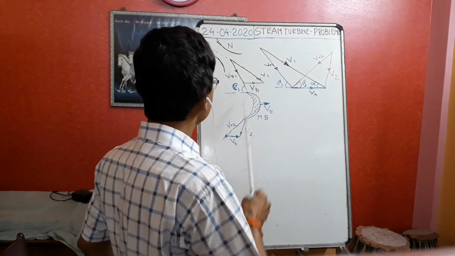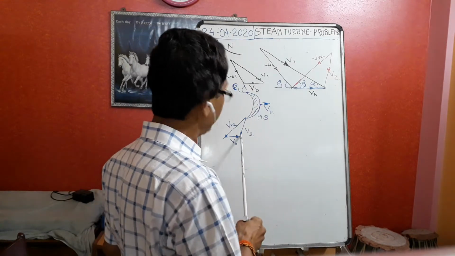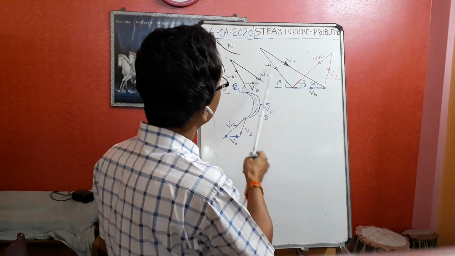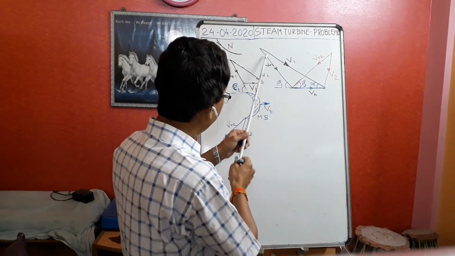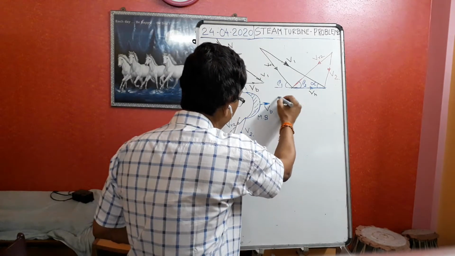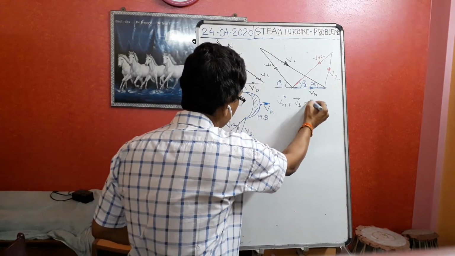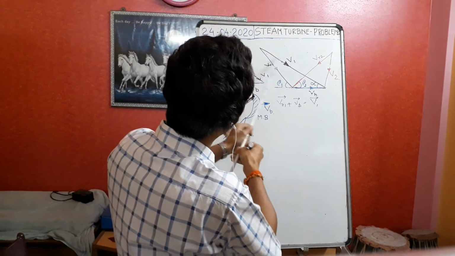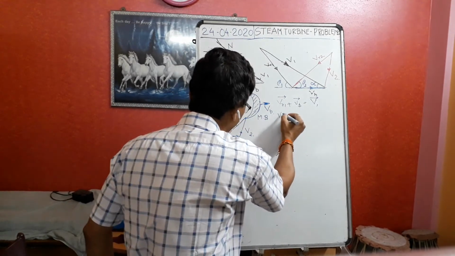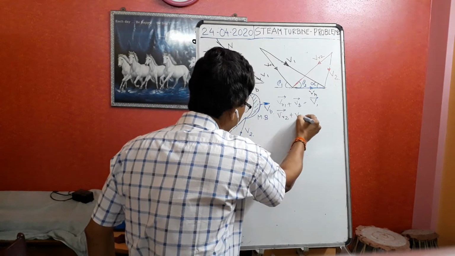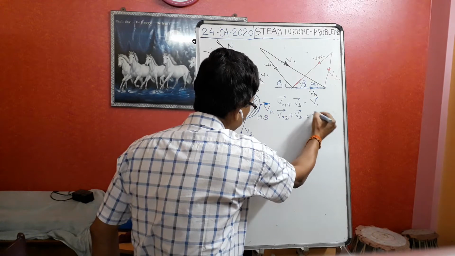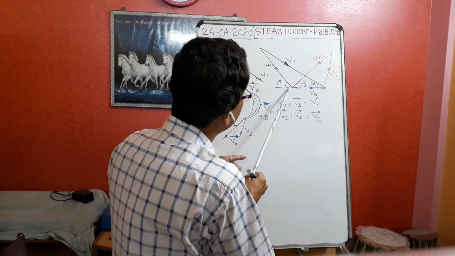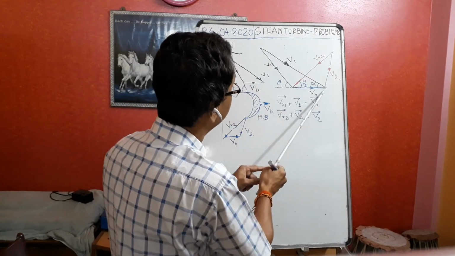Now if we couple both, this is the inlet velocity triangle and this is the outlet velocity triangle. So this is v1 and this is vr1. You have to remember that the vr1 vector plus the vv vector must be equal to the v1 vector. Similarly at the exit, vr2 plus vv must be equal to v2. These two equations hold good. Remember that vr1 and vr2 come at the same point, and v1 and v2 come at the same point.